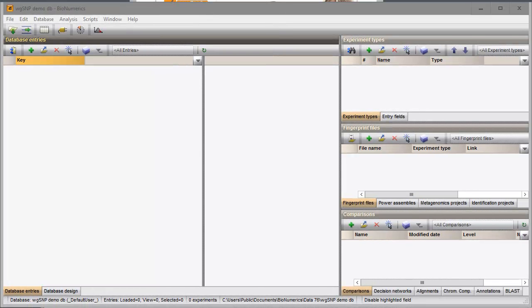In this video, I will demonstrate how to import sequence reads in your Bionumerics database. First, you need to make sure a sequence read set experiment is present that will hold the data. To create a new experiment, click on the green plus icon in the toolbar of the Experiment Types panel